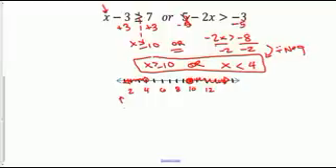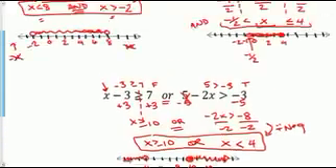You can come back and test this. If I put 0 in up here, I get -3 is greater than or equal to 7. That's false. But only one of these two parts needs to be true. If I put in 0 over here, I get 5 is greater than -3, and that's the true part of this statement. So again, any number that's shaded is going to make at least one of these two parts true. Any number that's not shaded will make both of them false. So hopefully you feel like you've got a better idea of how to solve and